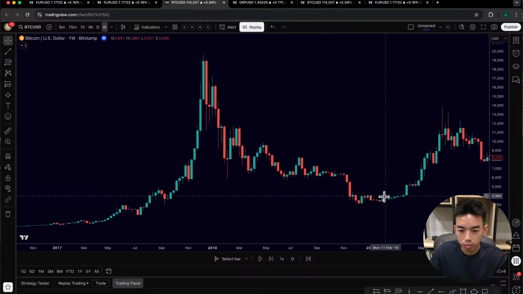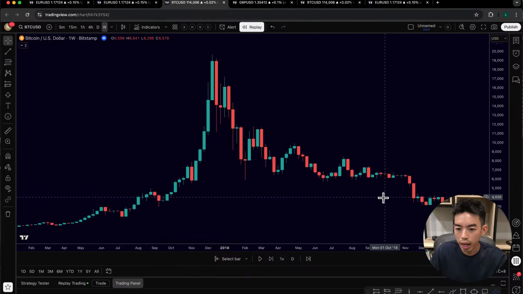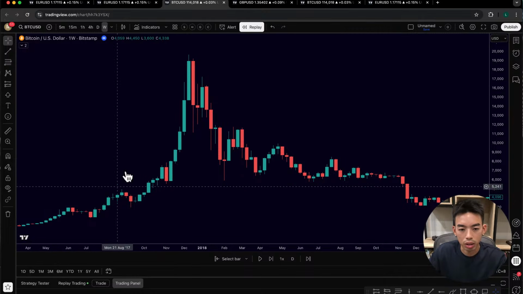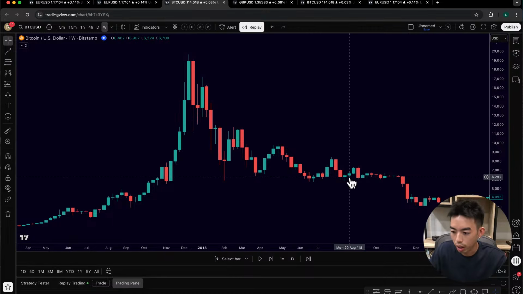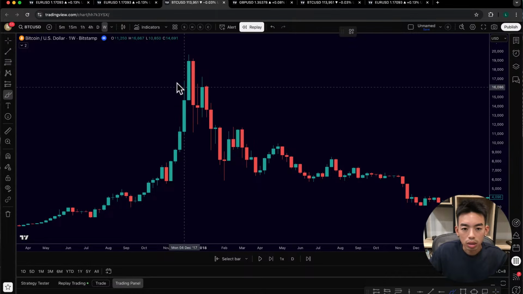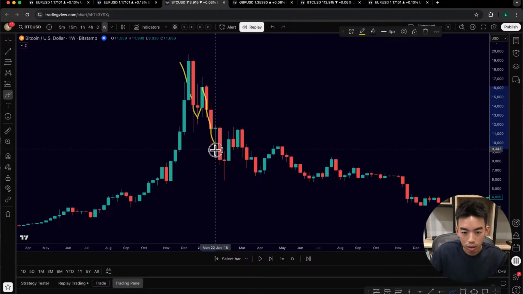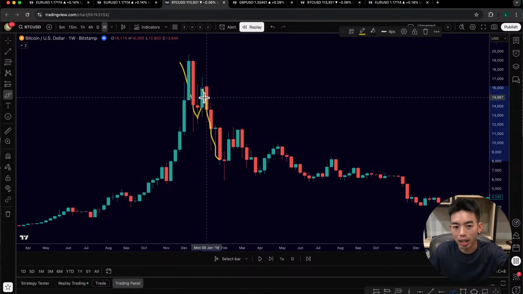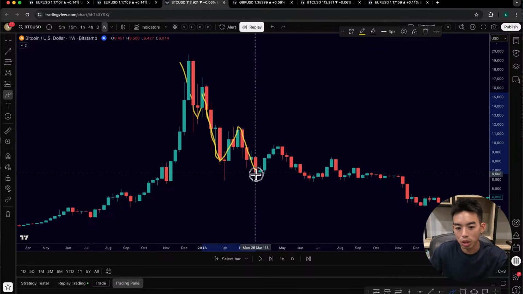Now, if I just have you focus on this move right here, and let's say we do not know what's happening here, and things are just coming down. Let's get my drawing tool out, and let's say things are coming down. This is the point where everyone's saying Bitcoin is a scam. It's not going to last. It's just going to come and go. You don't need to take it seriously. That's why all this sentiment is very bad, and things are going down at this point in time.